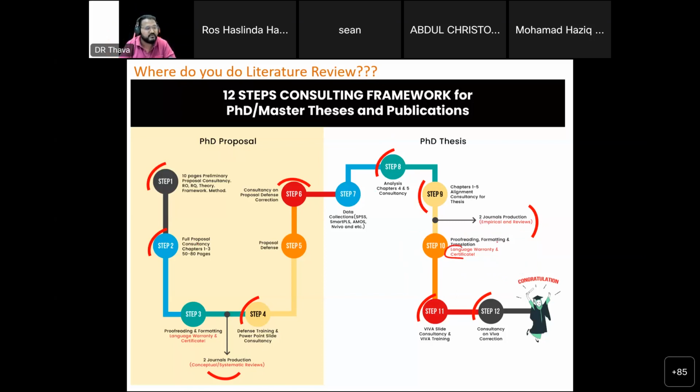Okay, so again, language warranty and certificate. Then finish your Viva, mock Viva. Make sure you have as many sessions as you can. Very, very important. So you train yourself so that you come out with minor or major correction. Major correction, not too bad. Don't worry. You just get extra time. I've seen many minor corrections during my coaching period here, which look awfully worse than major correction. But they just give minor correction because they don't want to give you major.